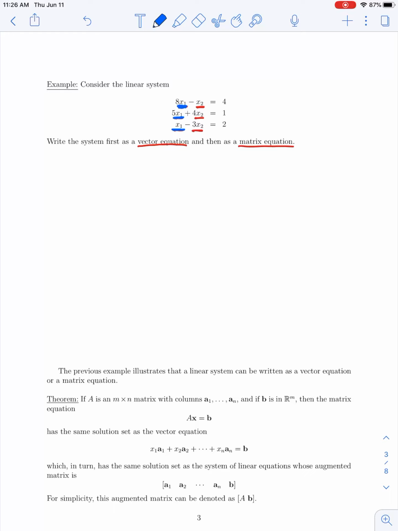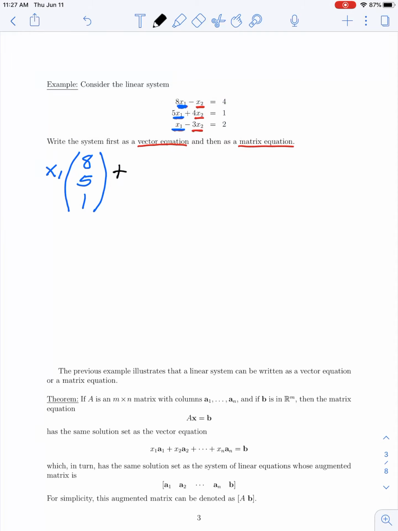So from each of these equations, if I were to think about having a weight, x1, I would multiply the weight by the vector of coefficients for this x1 variable. Now in my first equation, the coefficient of x1 is equal to 8. For my second equation, the coefficient of x1 is 5, and for my third equation, the coefficient of x1 is 1. And then I am going to add